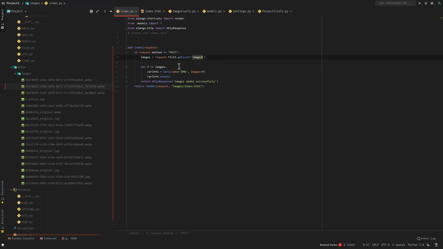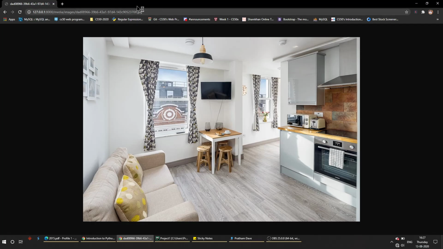This is the name, and .getlist gives us all the images, more than one image, in a variable. Then I am putting a for loop on that: for f in images, Cars.objects.create, where I've kept the name static, and images is f. So if you upload 10 images, you'll get 10 records in your database.